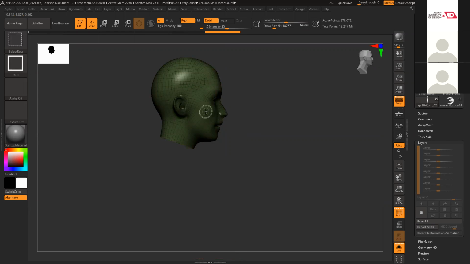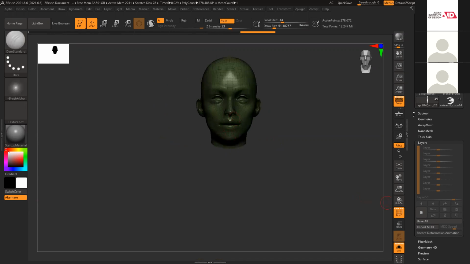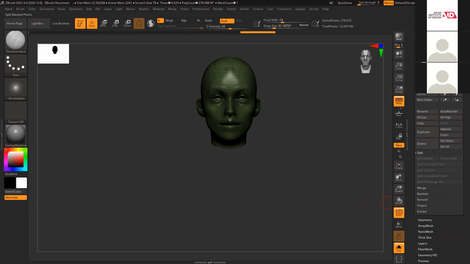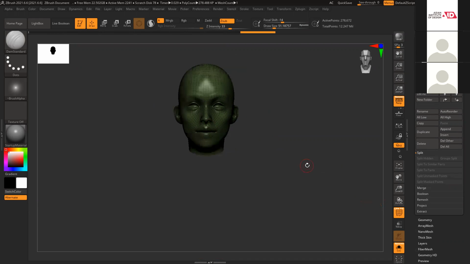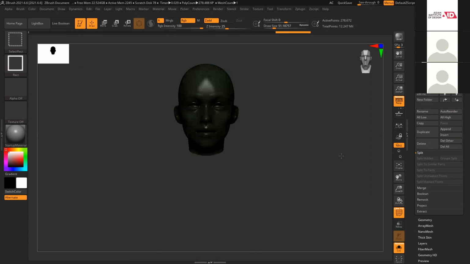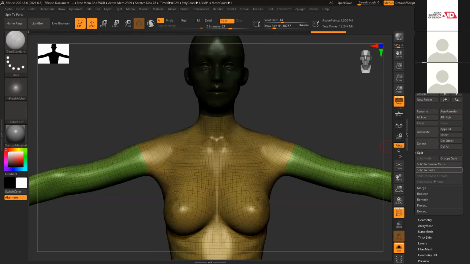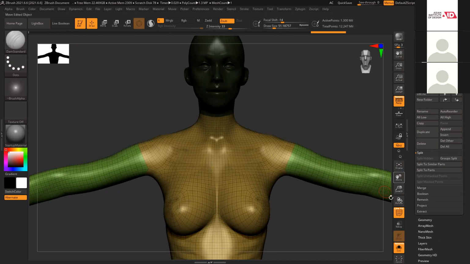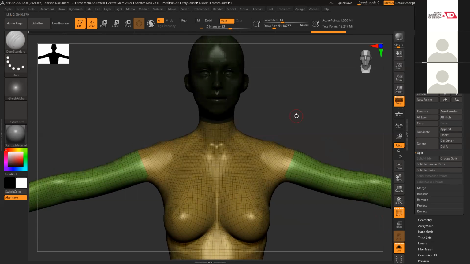Control Shift, click on the head, and then go to Subtool, Split, Mask. Now I can see I have options. Oh, I have subdivisions and all these things, so it won't work. No layers. Okay, fine. Group split, so I don't want to do that.